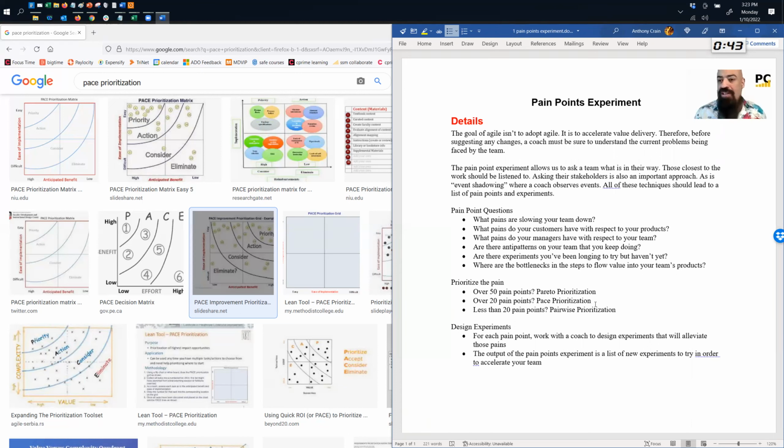We pulled the first one and said, what experiments can we design? Actually, we designed experiments for the whole list of 16, but we executed the experiments in the order of top down. And of course, if you think an experiment looks like it's going to be better than the others and it's not the top one, it's fine. It's just a way to kind of organize the thinking. So there you have it. 3 different ways to prioritize your work, depending on how many pain points you find.